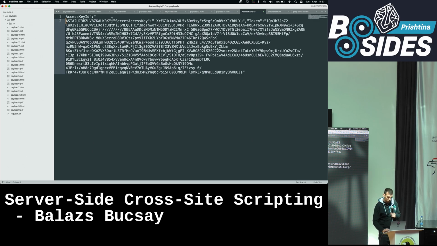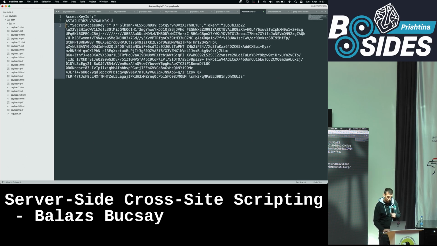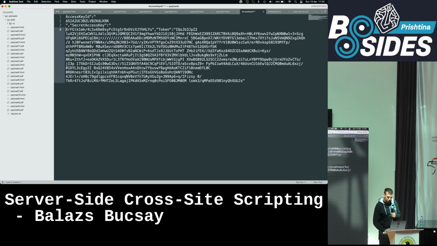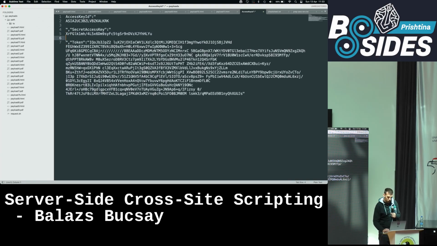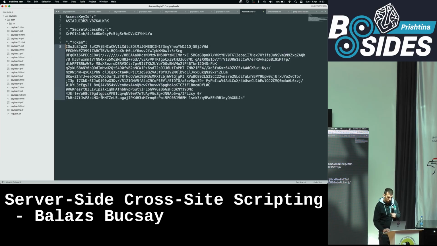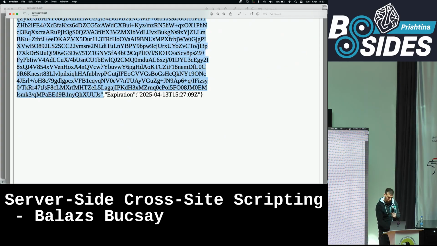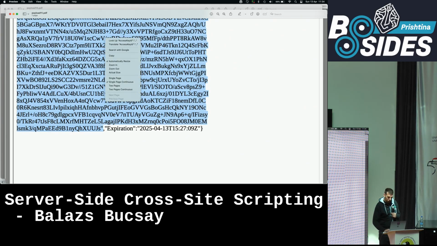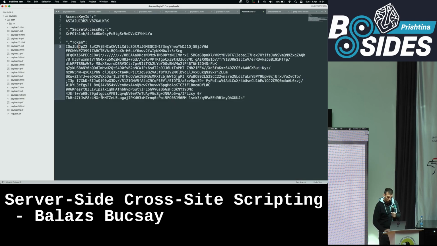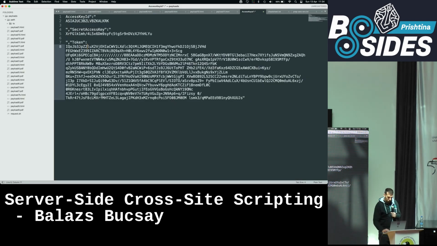So there is the access key ID. And we have the secret access key. So those are the main things that we need, and the token. The token is a bit badly formatted because of the new lines. So I need to format that, which takes a little bit of time.